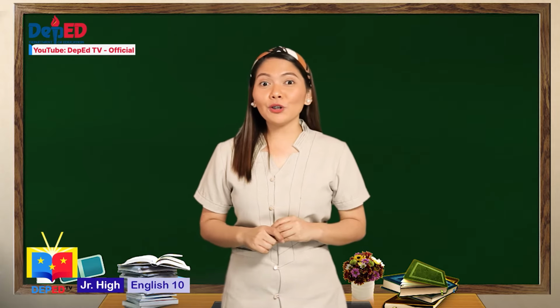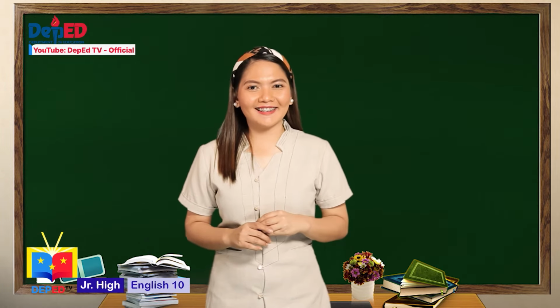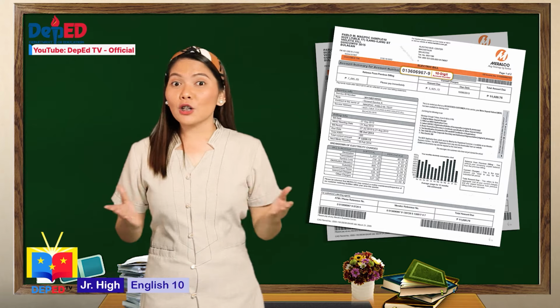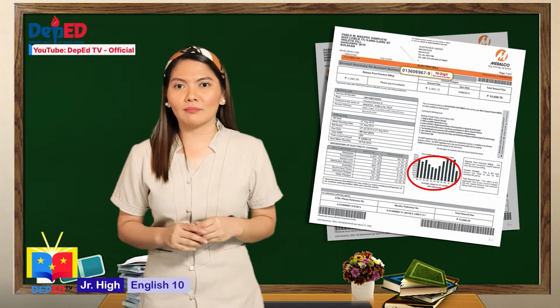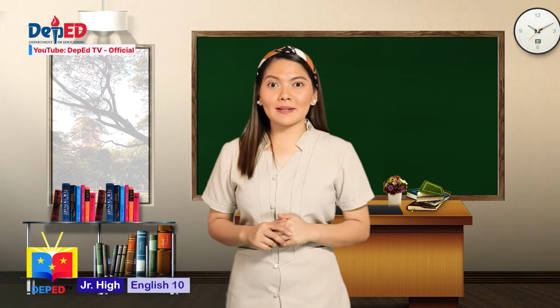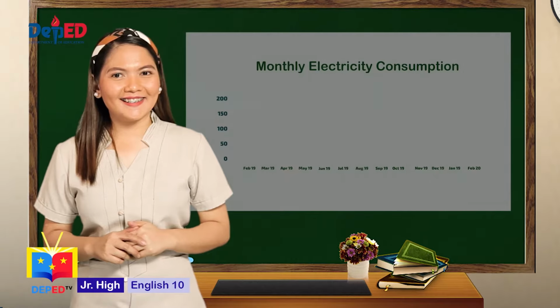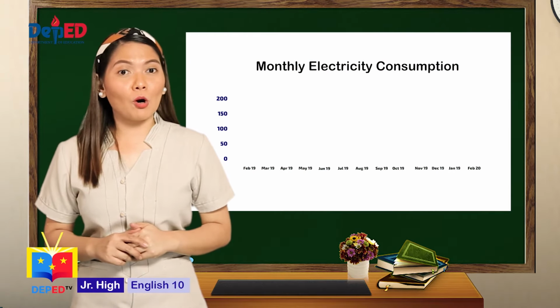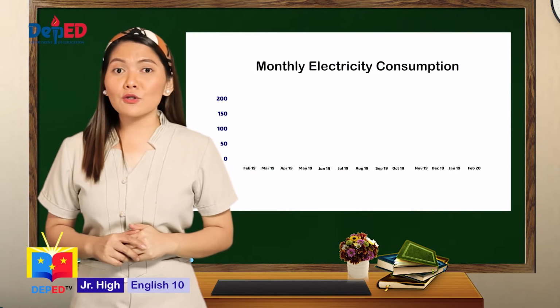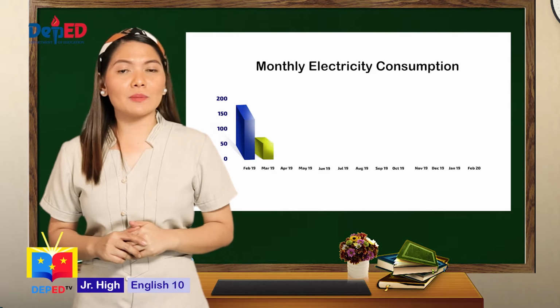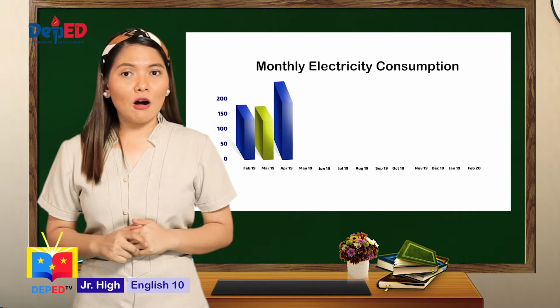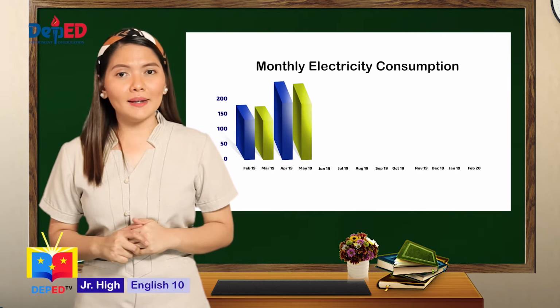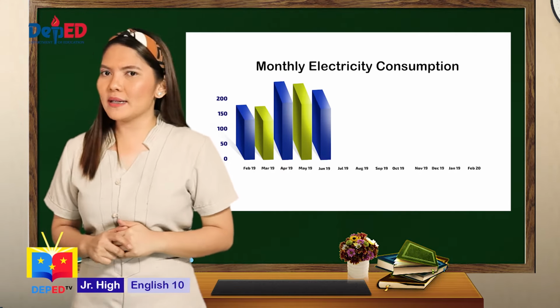Now, I want you to grab your electricity bill. There, you will see a bar graph about your monthly electricity consumption. Do you see it? Here is our monthly electricity consumption. In February and March last year, we consumed 140 kilowatts per hour. 200 in April, 190 in May, 180 in June,